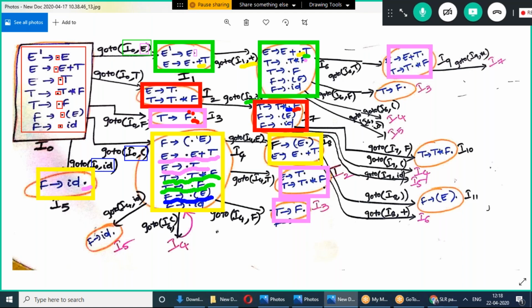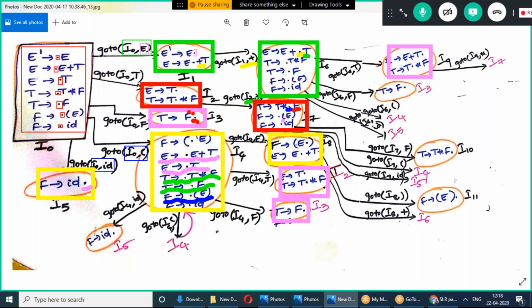Now I6 comma T is completed. Then I6 comma, after that there is F. So I6 comma F definitely gives the I3. Next, I6 comma open parenthesis. Whenever you perform it, it definitely gives the I4. By practice, you will come to know what gives the result like that. Then F tends to ID definitely gives the I5. No need to write again. Now I6 is completed.